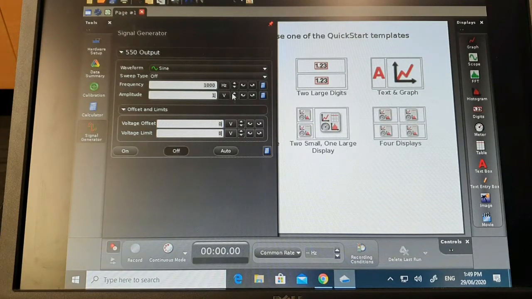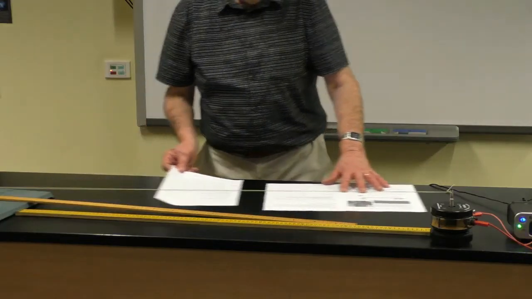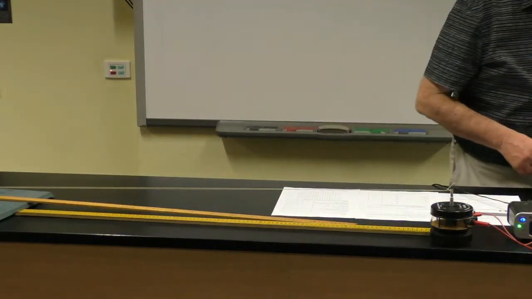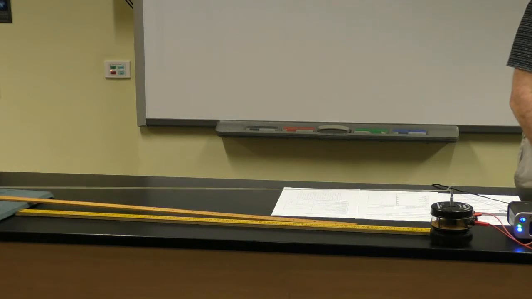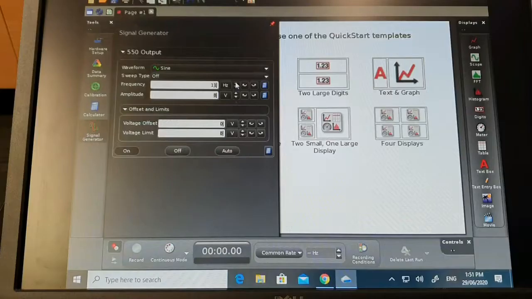So I'm going to adjust the amplitude to maximum, up there to 8, and I'm going to reduce the frequency here to something small to start off with, maybe 10 hertz, 10 vibrations per second. And I'll click the on button then, and we can see now that the string is vibrating. At the moment, the string is not vibrating in the fundamental mode, so what I'm going to do is change the frequency. I'm going to increase the frequency,